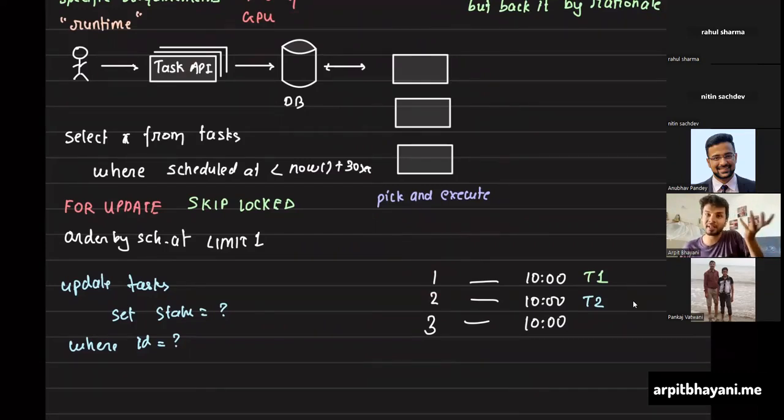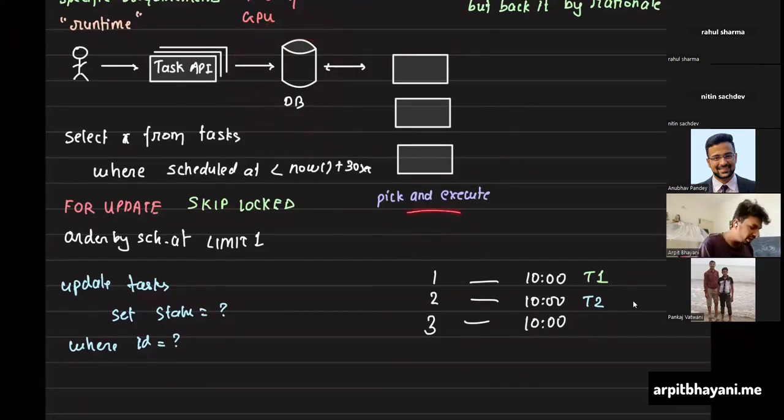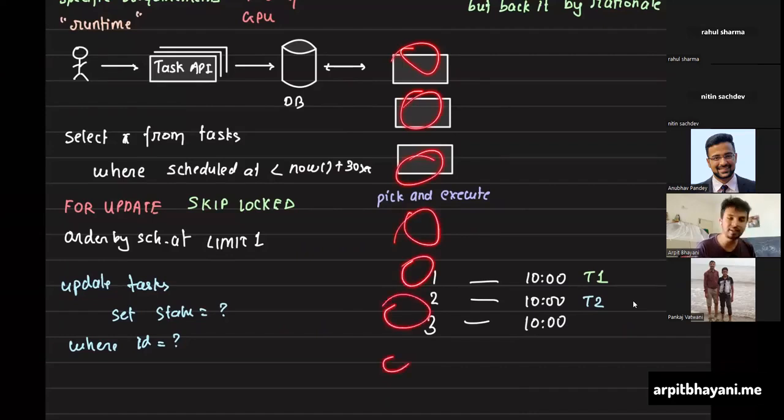Your database, this relational database, even if it is not relational, it still holds true. The number of concurrent connections this database would need to maintain would be to each and every machine that is executing. Now, hear me out. Assume that I have 1 million tasks, and each machine picks up one task and starts executing. If there are a million tasks scheduled at this very moment, there would be a million machines because each machine is picking up one task. And obviously, you can optimize. I'm giving a hypothetical example to help you all understand the problem. And I would need a million machines to run these tasks, right?